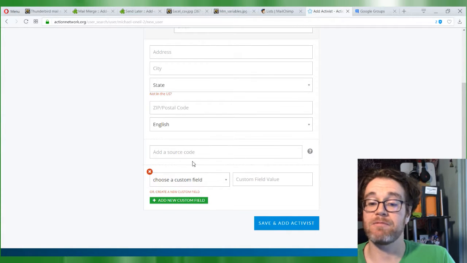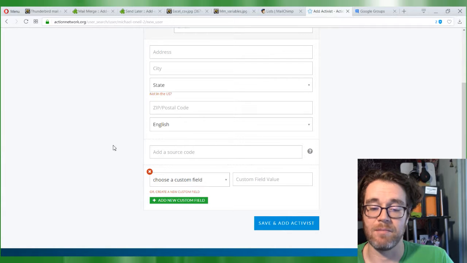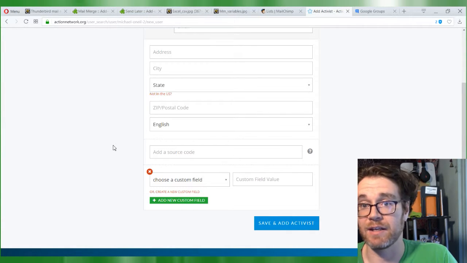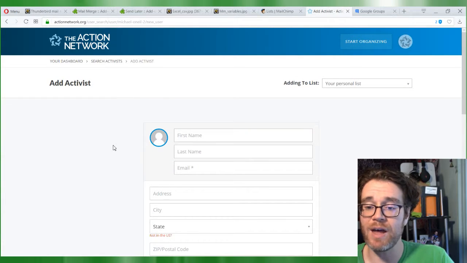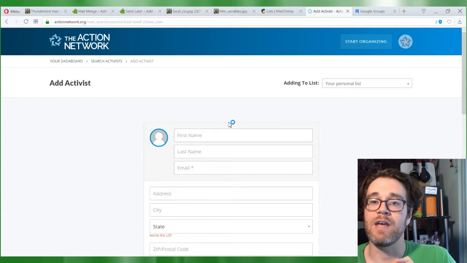You can have custom fields such as neighborhood or issues that they've had experience with, or particular types of volunteering that they'd like to engage with. You can do that with Action Network. And the drawback to Action Network is that it will not let you import